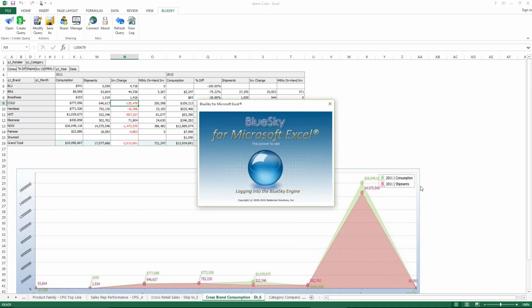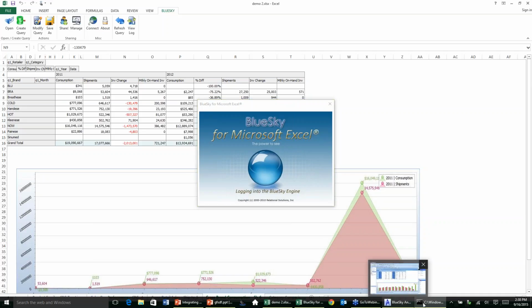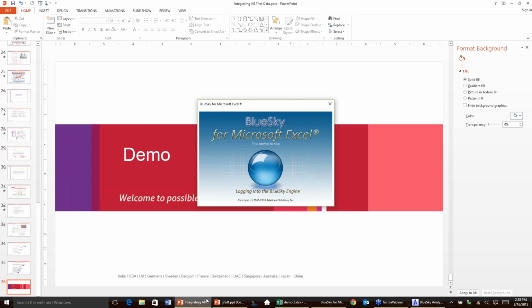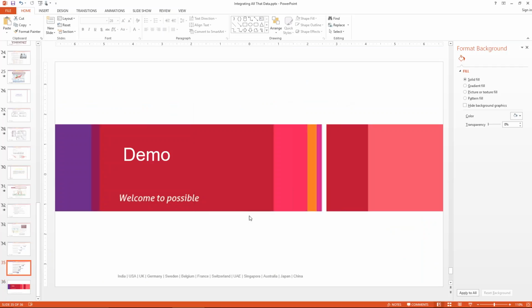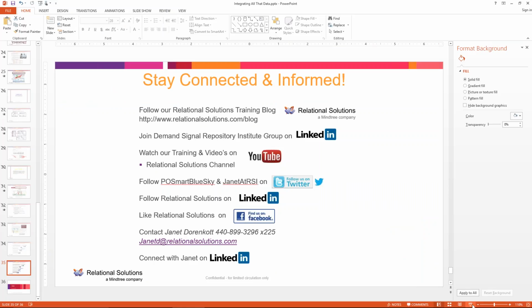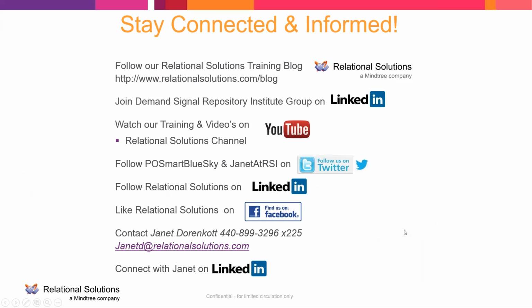And it's opening now, and that's showing me the metadata. This is the same query builder that opens up if I'm opening it right from within Blue Sky Analytics too. So in the interest of time here, I'm going to go ahead and turn it back over to Karen because we've gone over a bit.